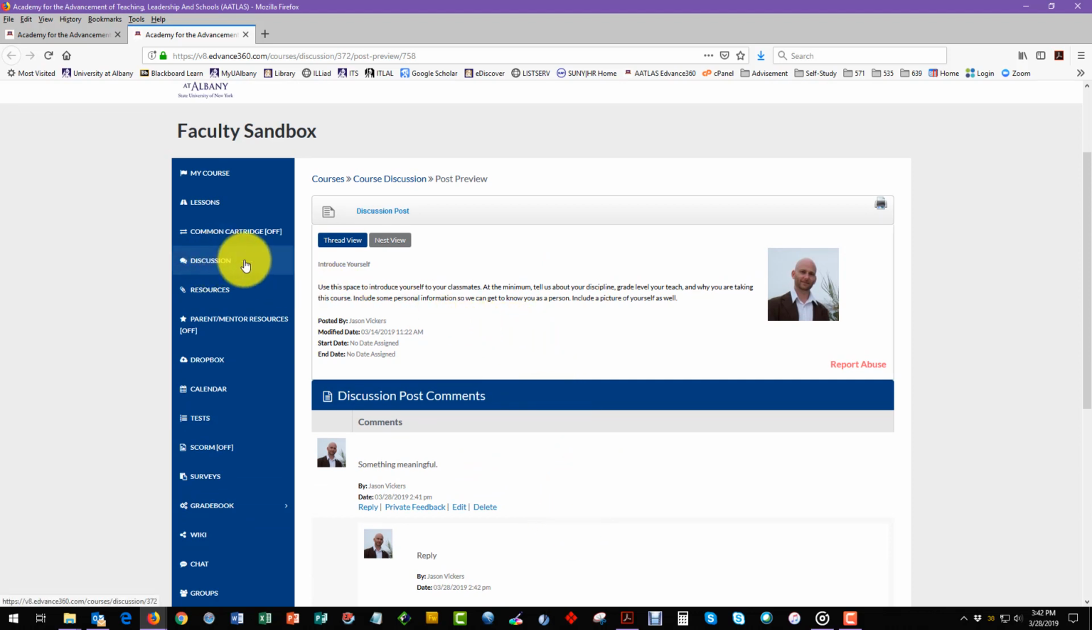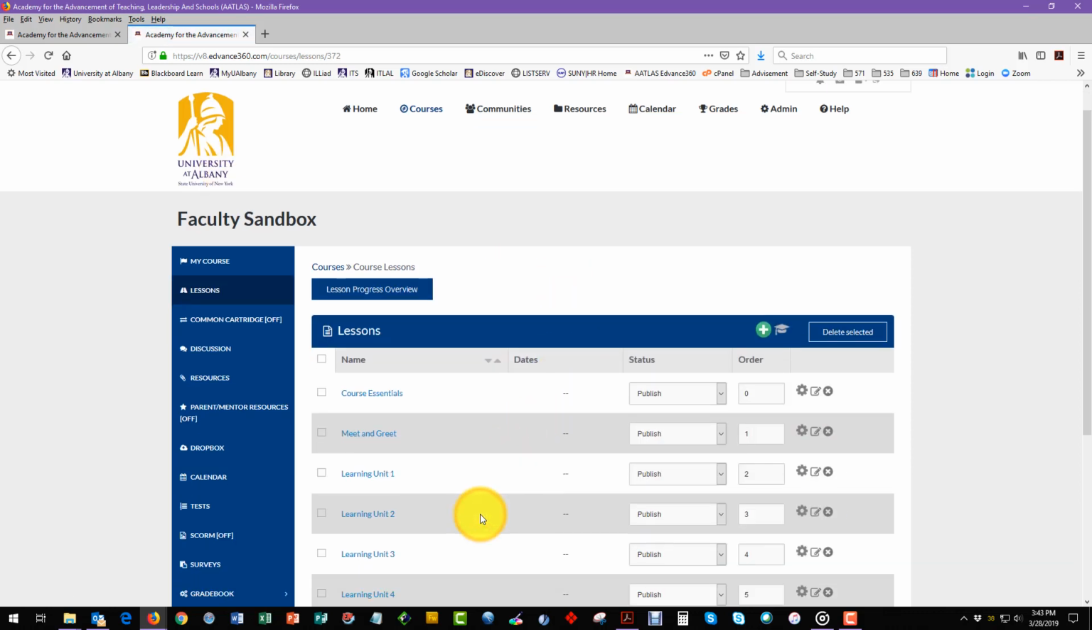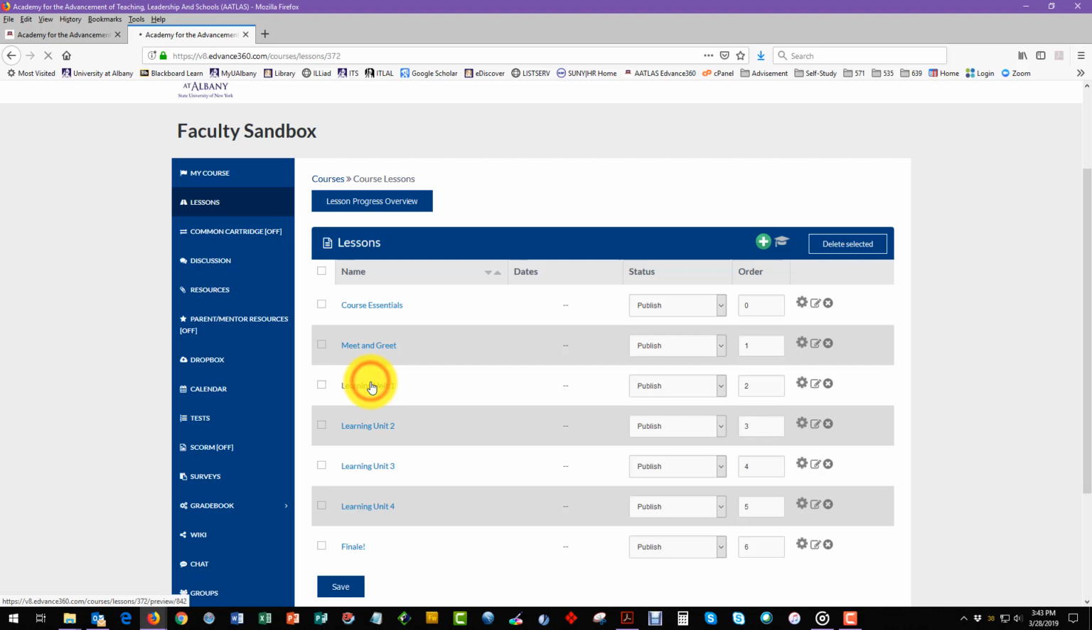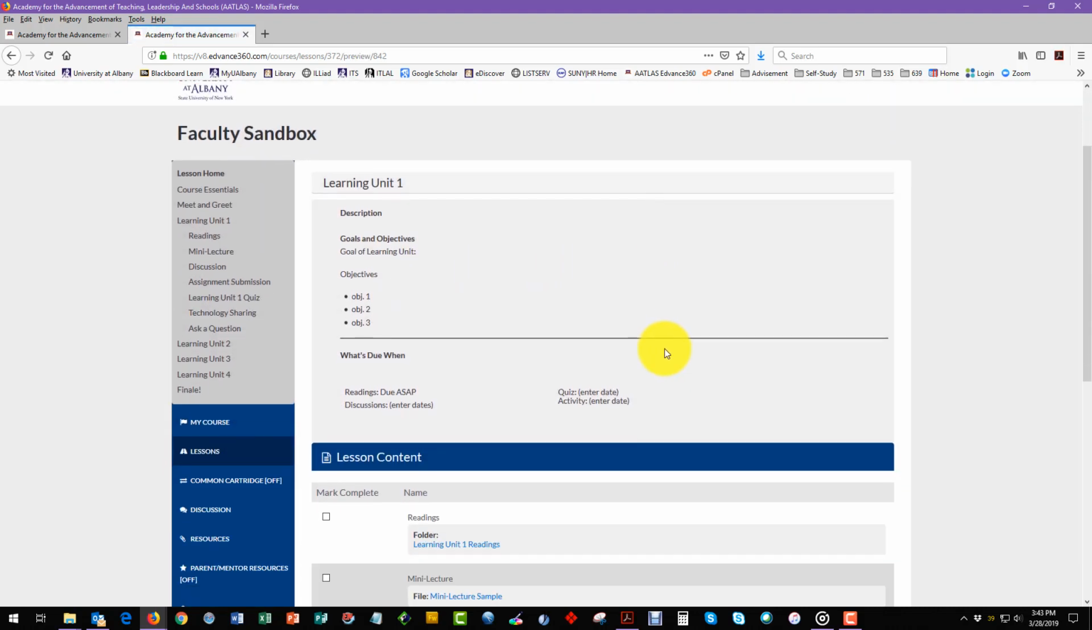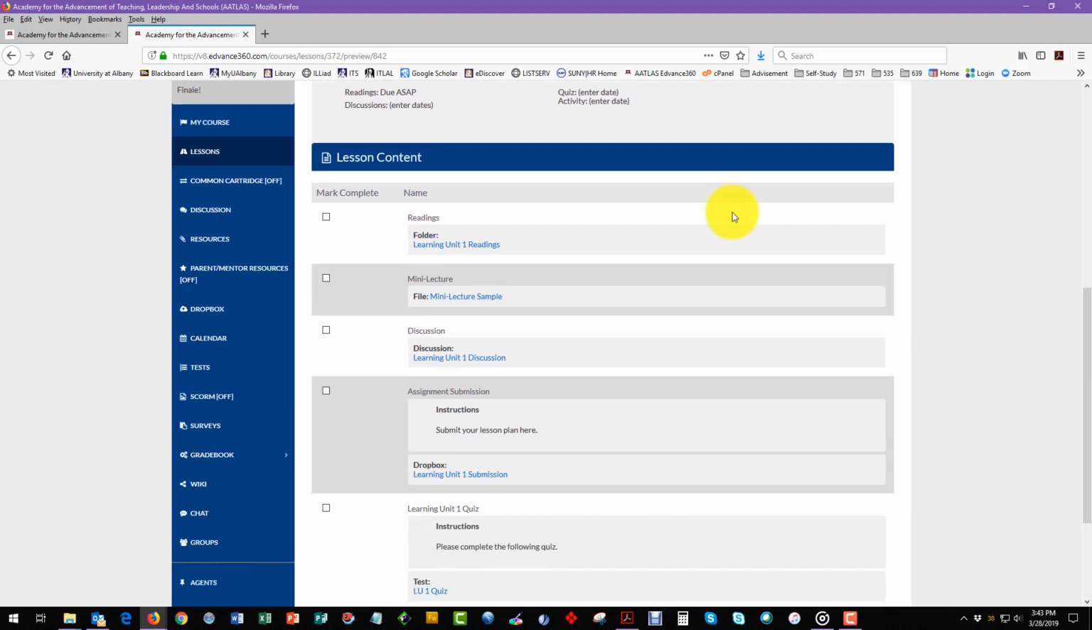So as you can tell, I'm at this discussions box now. So to go back to my lessons, I have to click on the Lessons button in order to access the Learning Unit 1. So I can click on the Learning Unit 1. At the top, you will always have your goals and objectives and your what's due when. Those are required. You will have a reading section, a mini lecture section, a discussion section, and an assignment submission